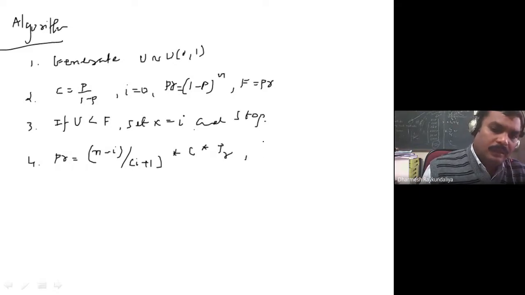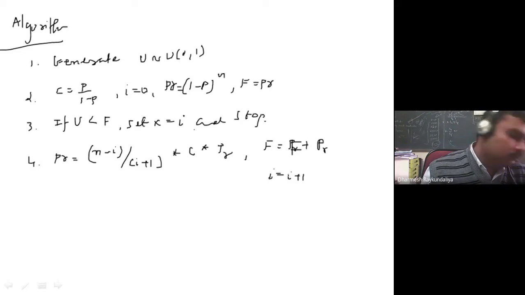And then I am assigning F equal to F plus PR, and i equal to i plus 1. Same as what was done there. Then go to